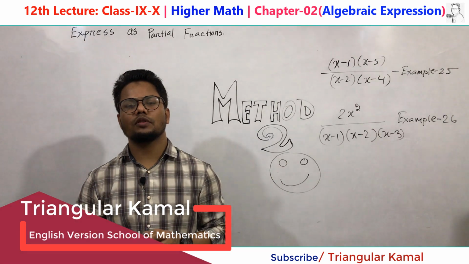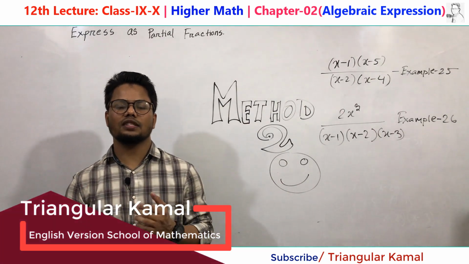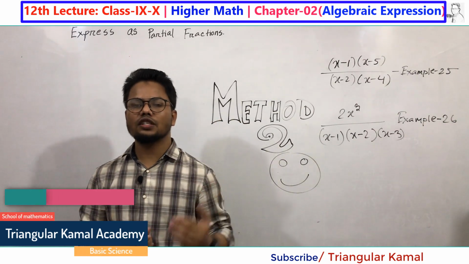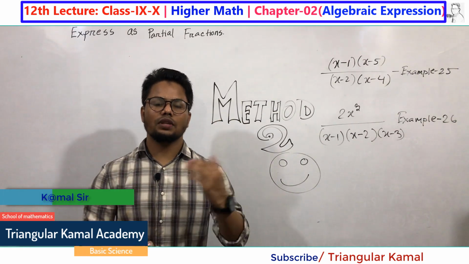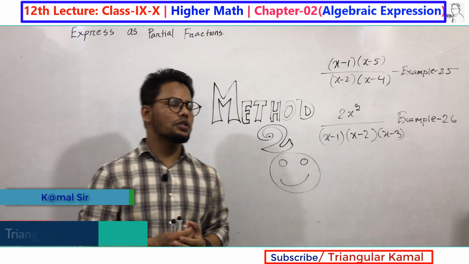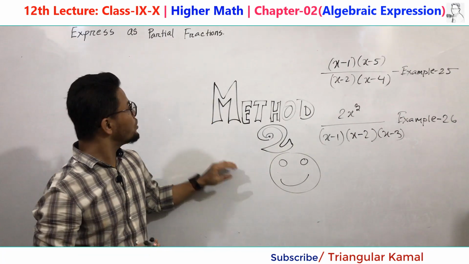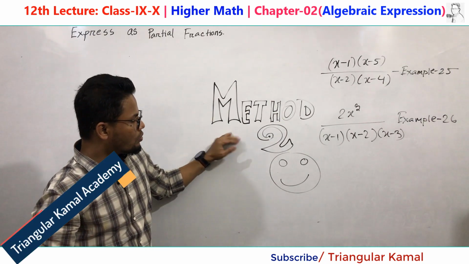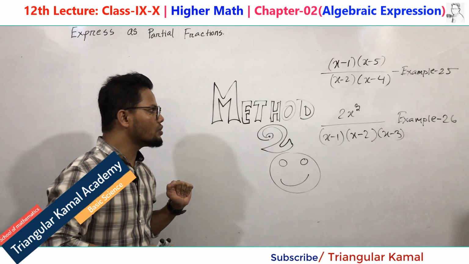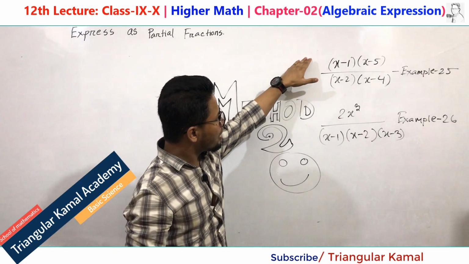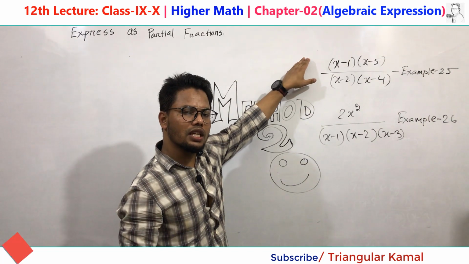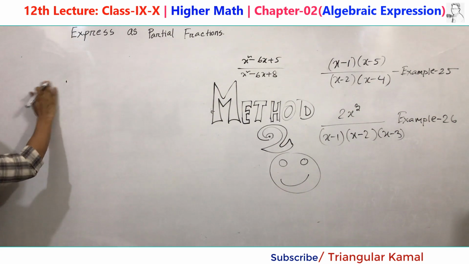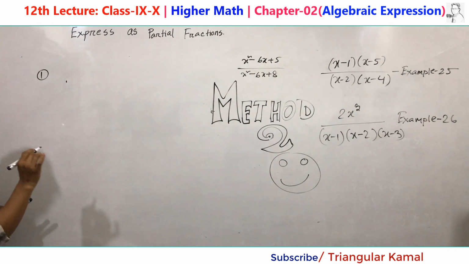Today I am going to discuss one of the most important topics for the students of class 9 and 10, and the content from higher mathematics, algebraic expression. In the last content we have discussed how to find the partial fractions, and today we are going to discuss method number 2 in algebraic expression, how to find the partial fractions. Method number 1 we have already done in the last content, and now how we can know this one or these types of maths will be method number 2. First, the condition: when we will apply method number 2.